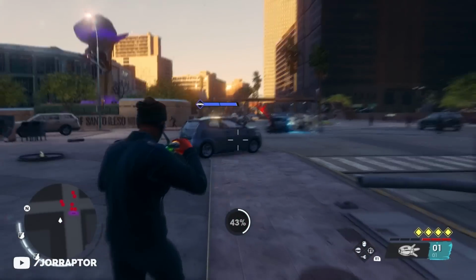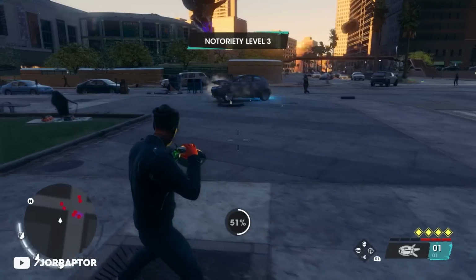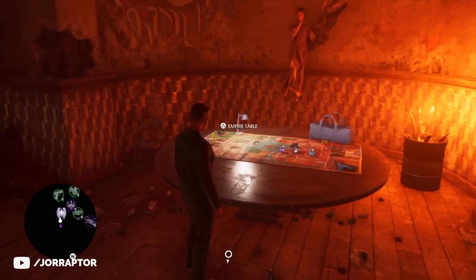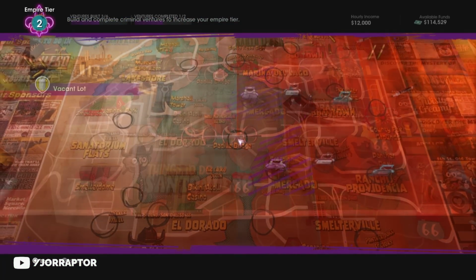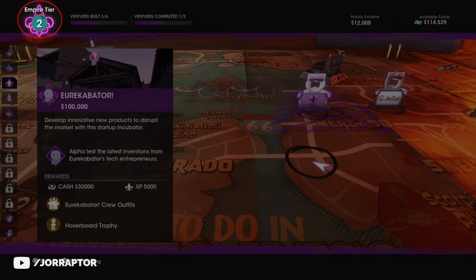The Thrustbuster can also be attached with a melee attack and it also works on vehicles, just be careful not to blow yourself up. And the way you unlock this amazing weapon is simple. You'll have to build the Reboot venture from your Empire table. This one is part of the second set of unlocks, which means you'll need to reach Empire level 2 before